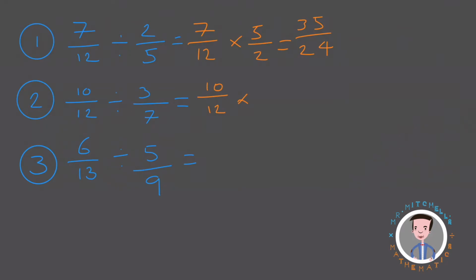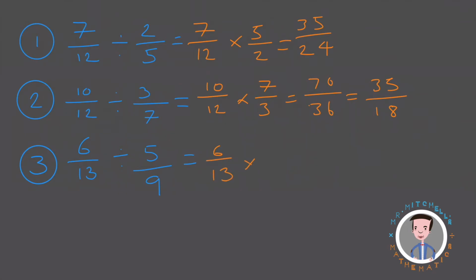10/12 times 7/3. That left me with 70/36, which simplifies to 35/18. The last one I did